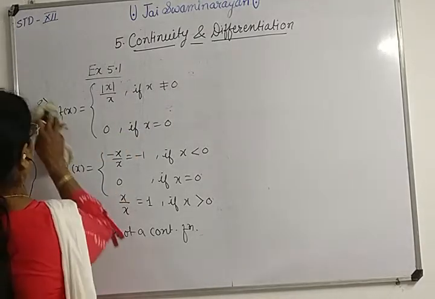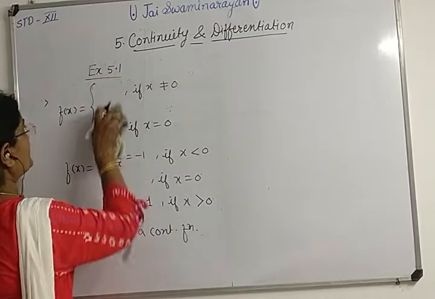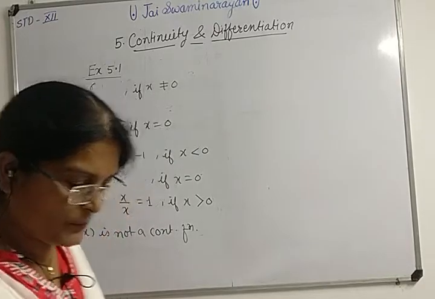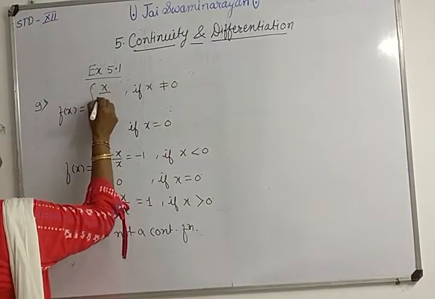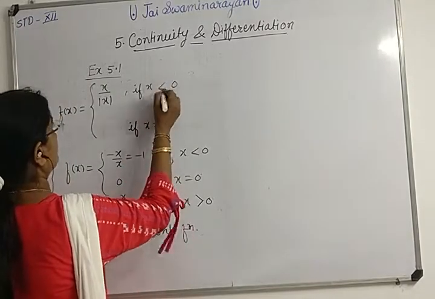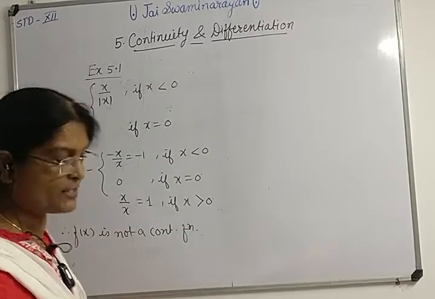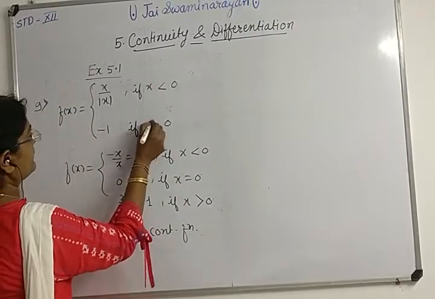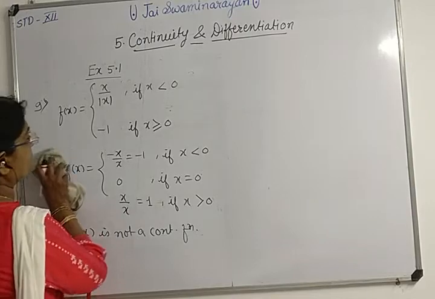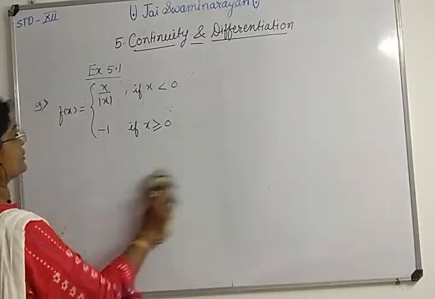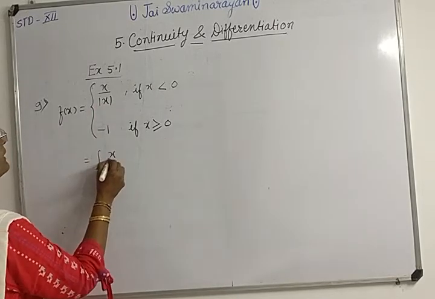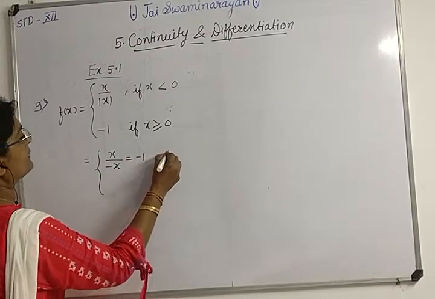Similarly number 9, f of x equal to x upon mod x if x is less than 0, and equal to -1 if x greater than or equal to 0. This is question number 9. Now for less than 0, mod x means minus x. So the function is like this, x upon minus x,